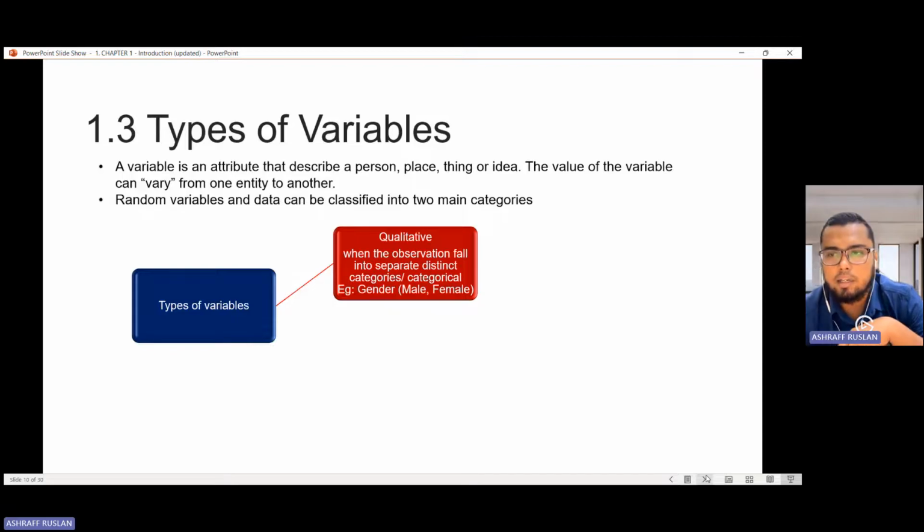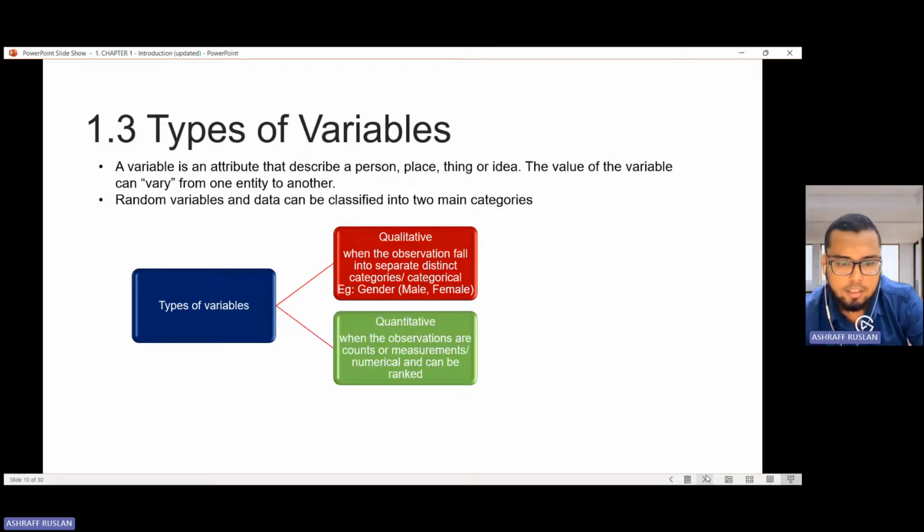Races, you have Malay, Chinese, Indian, lain-lain. What are other qualities that you can think of? It can fall under qualitative variable. The second type of variables is quantitative, where you have the measurements. Numerical and can be ranked.